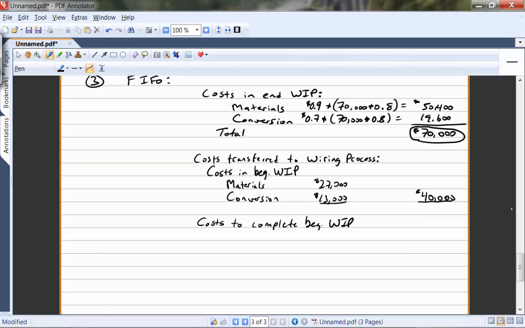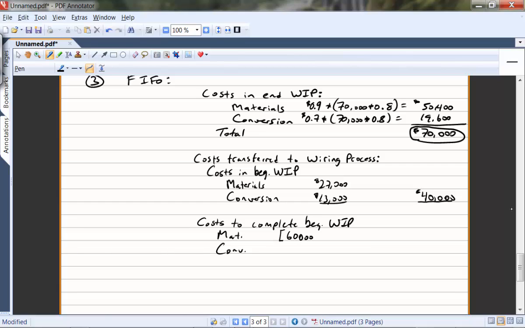We had to incur some costs. There were some costs already sitting there, but then we had to incur some additional costs to take those units in the beginning inventory that were partially done and complete them, for materials and for conversion. Now, how many units do we have to complete